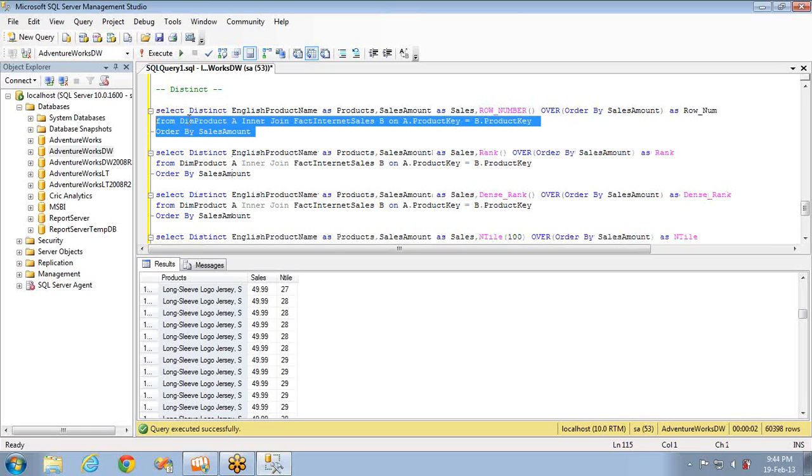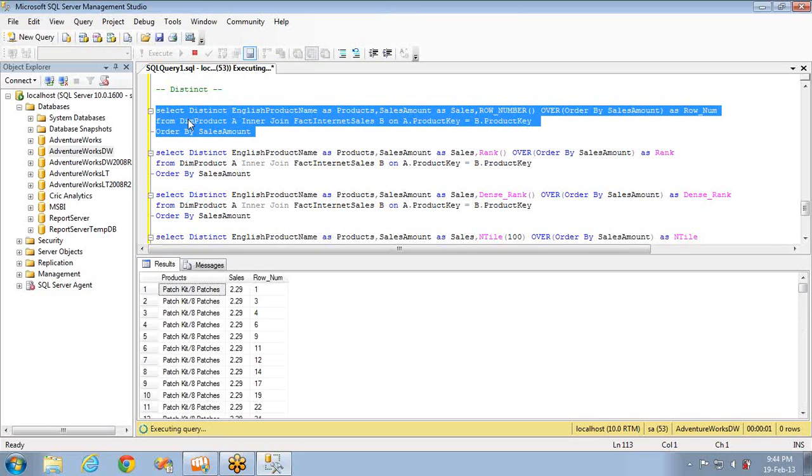First, I'm executing this part. If I execute this distinct, this is not getting proper data. You can see 2 is missing, 3 is there, 4 is there, 5 is missing. So this is not coming properly, and the only reason is the logical execution order of a select statement. I explained this to you in the last but one session. First, the from clause will be executed, and then order by, and then these functions, and then finally the